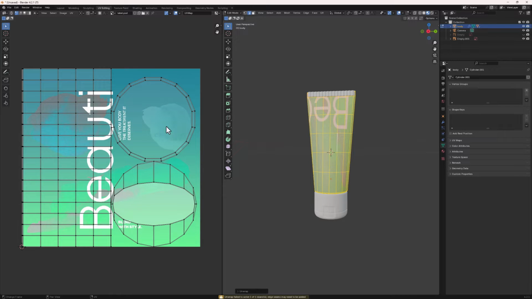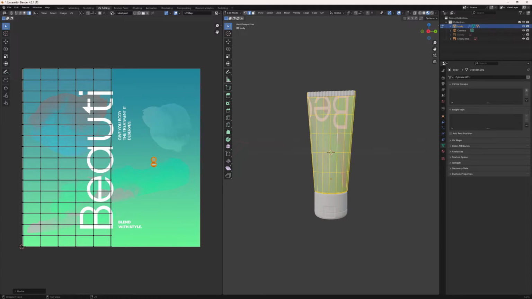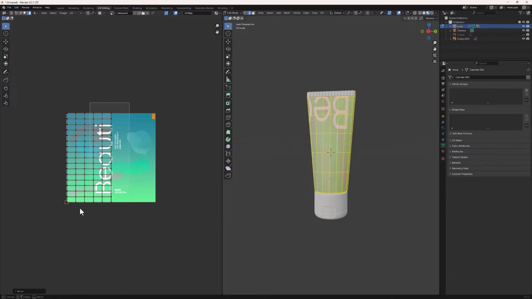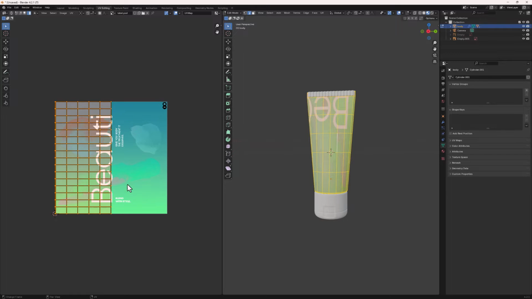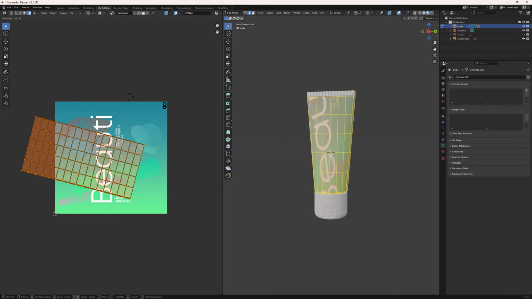So once we have everything unwrapped, we don't need these two islands here. So we are going to select them and then scale them to make them very, very small and tiny. So first, let's make sure we have the UV select mode active, and then we can click on it, select this, shift click on this to select these two, then hit S to scale it down, and then G to position it somewhere here, right? So once we are done with that, we can then select this one, and then let's rotate it. So we can hit R, then we can rotate it